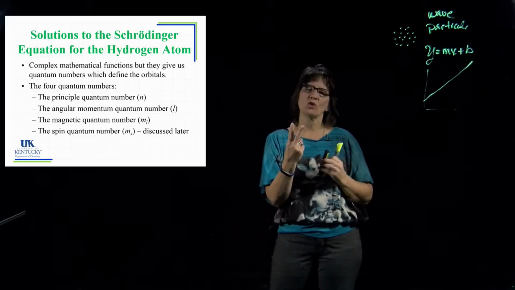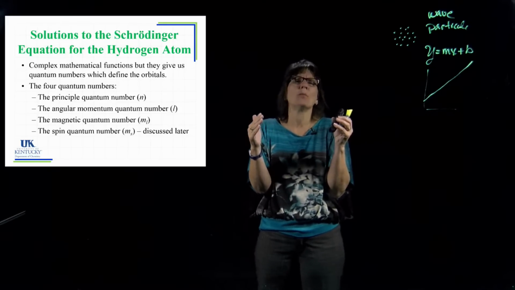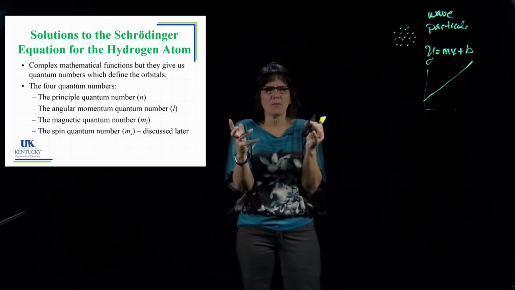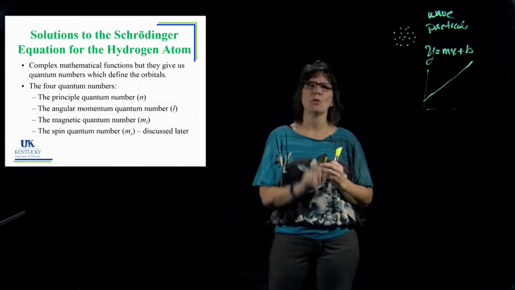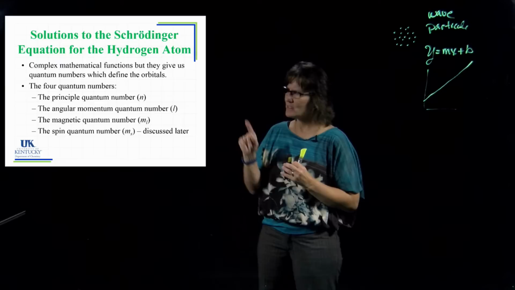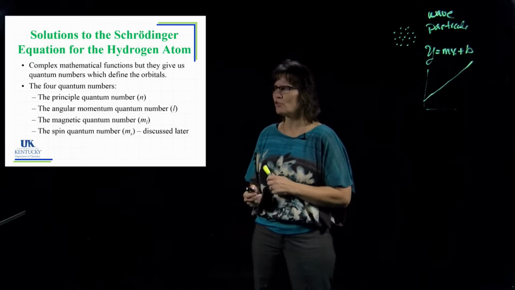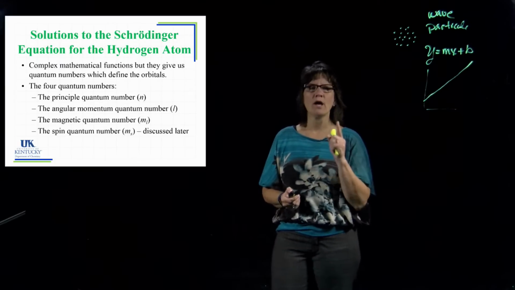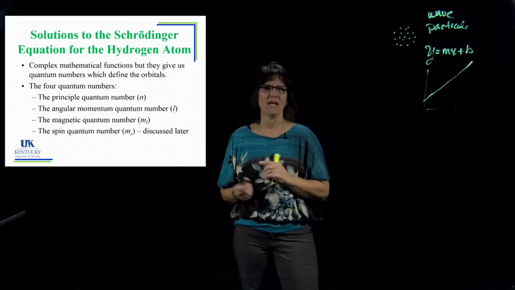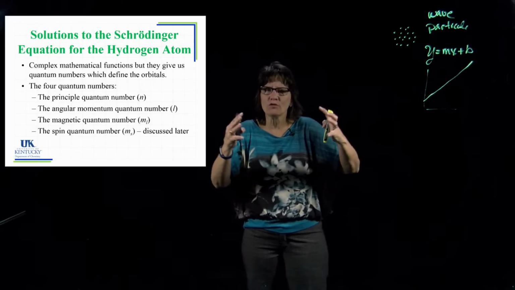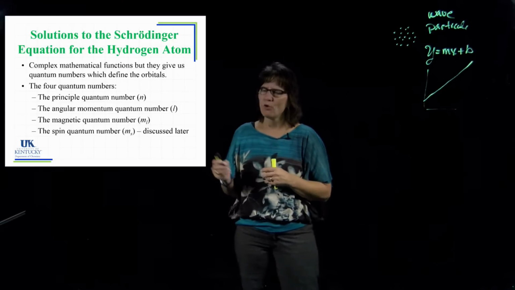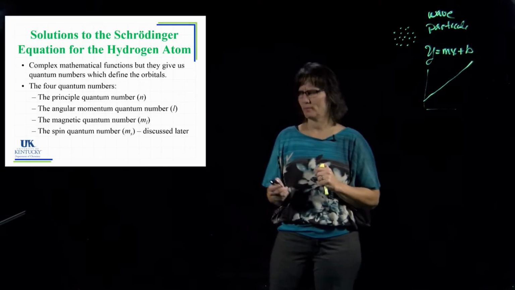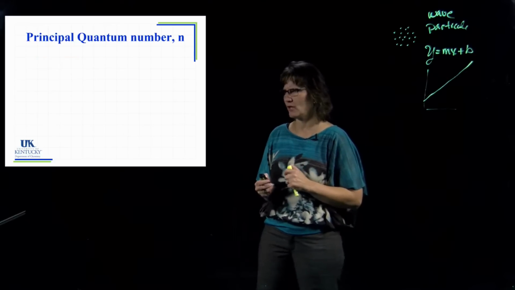Then the second thing is going to narrow it in a little bit and say which dorm are you in. Okay, so you've got a second number that defines your dorm. And then you're going to have a third number that says which room you are actually in. That's the first three numbers there. So the first three numbers tell you where that electron lives. It's narrowing it in further and further until you get right down to the orbital it's in. And the fourth number is telling you what you're doing. All right, so that's what those numbers are going to tell you.